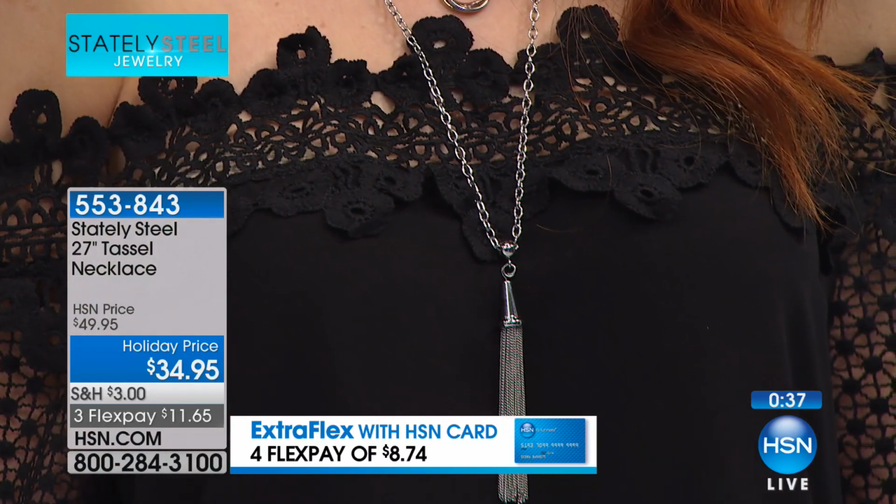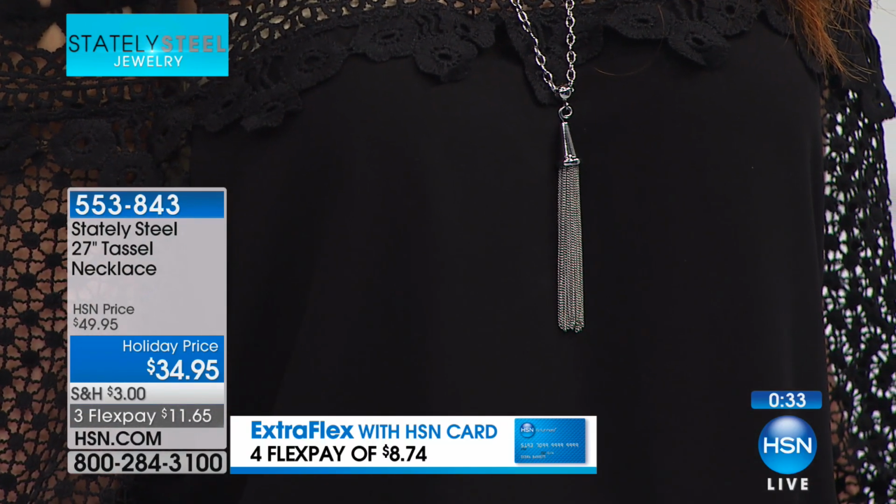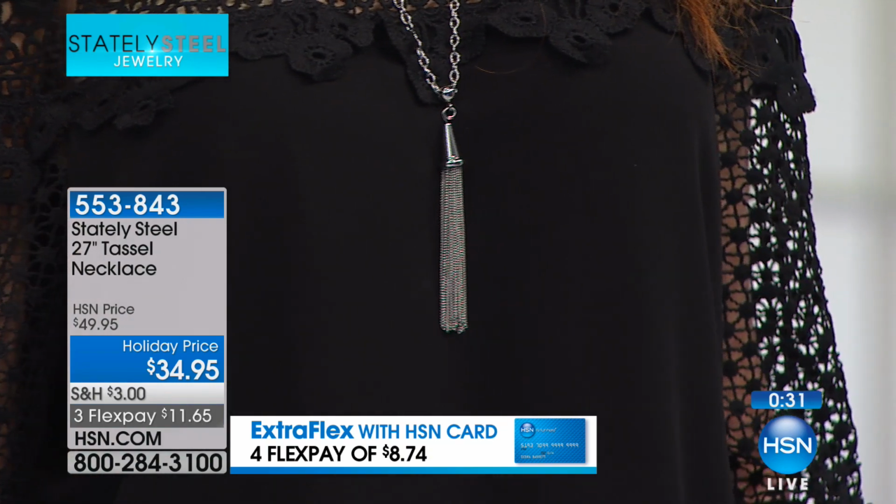People are wearing it on their necks, on their earrings. So, gold is now gone too. So again, this is just that look where it's fun, it's flirty. I love the length of this. Fringe, wouldn't you agree that fringe almost adds drama to the outfit? Yes, it does. And with this, it's got a simple chain, but then you have that little bit of drama